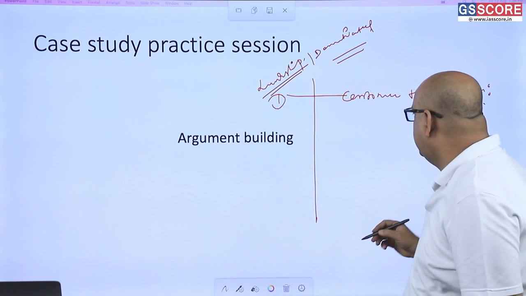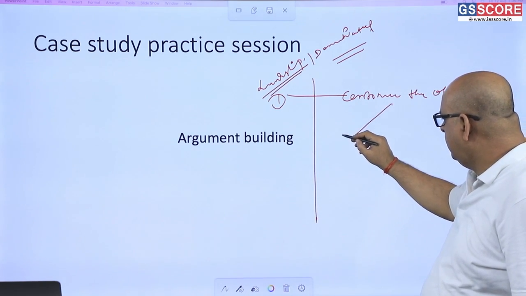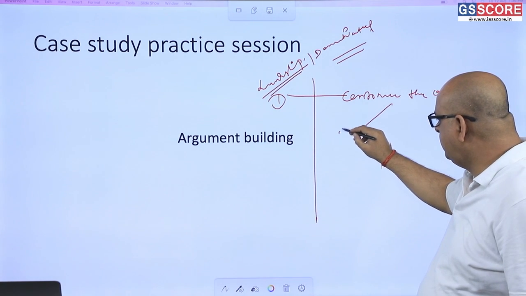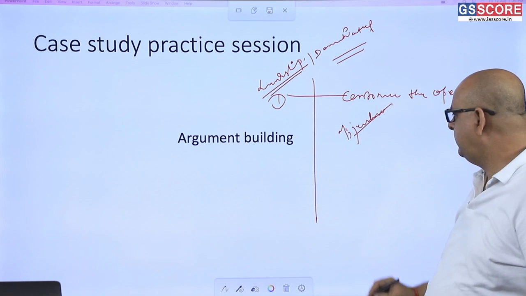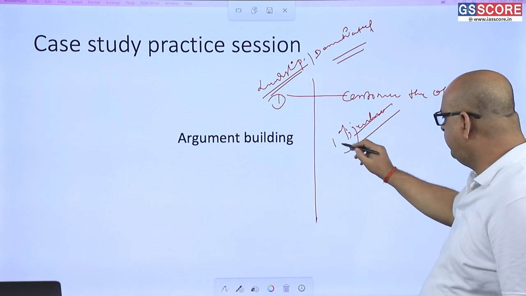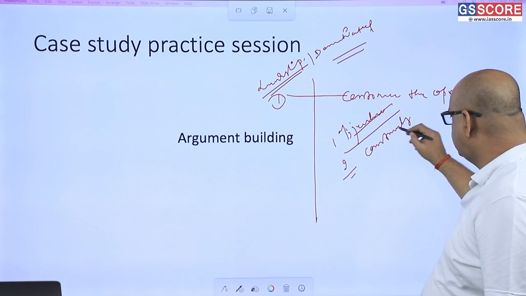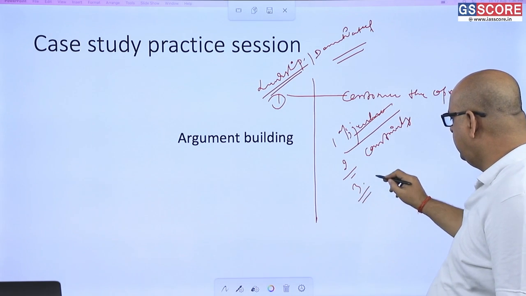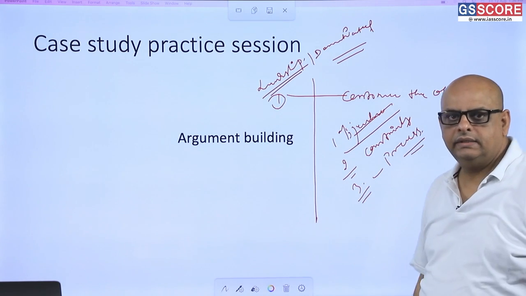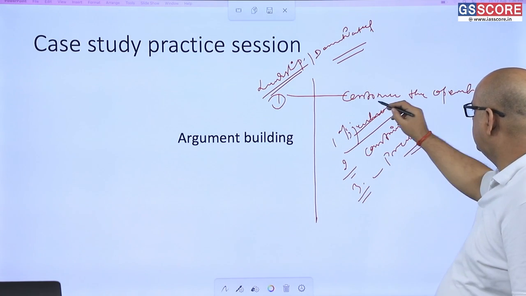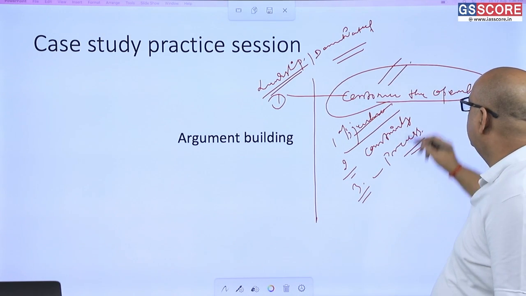There are 2 things I say you should always keep in mind. Number 1, the objective you want to achieve. Number 2, always understand the constraints, and number 3, the process. So when you are saying continue the operation in this given case, number 1,